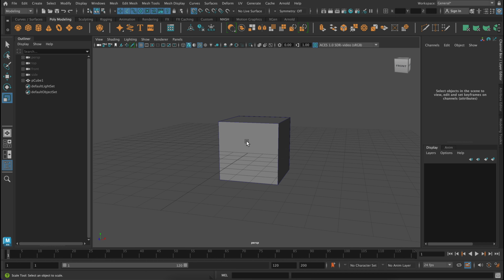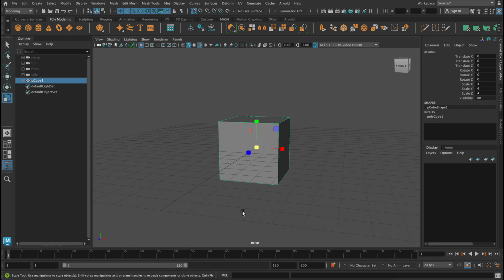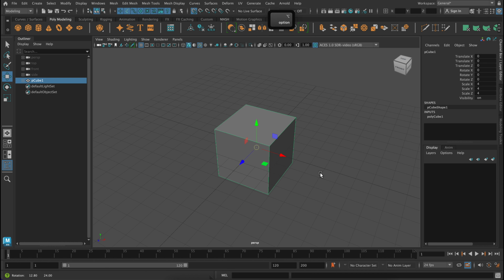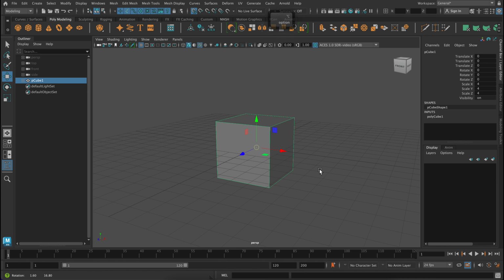And then let's take a look at our pivot point. So you'll notice whenever we've been selecting using the manipulator tool, at the very center of our object is where all of our transformations have been occurring. Except for the case where sometimes our pivot point got moved and we recentered it using this center pivot point button. But we can also manually move the pivot point whenever we like or wherever we like. So that's what we're going to be doing here, where we're going to move it to the bottom of our